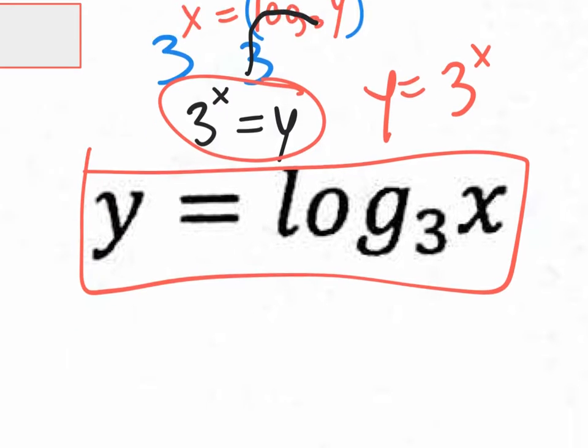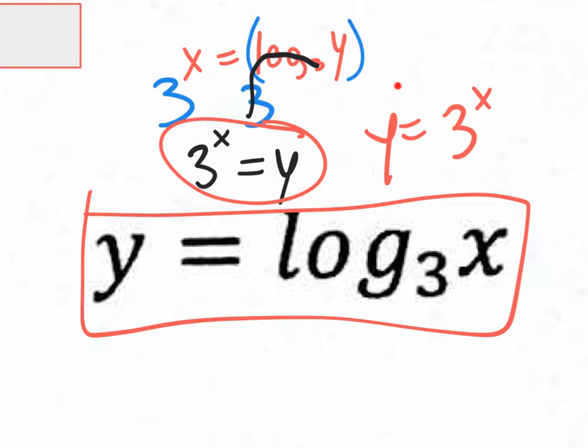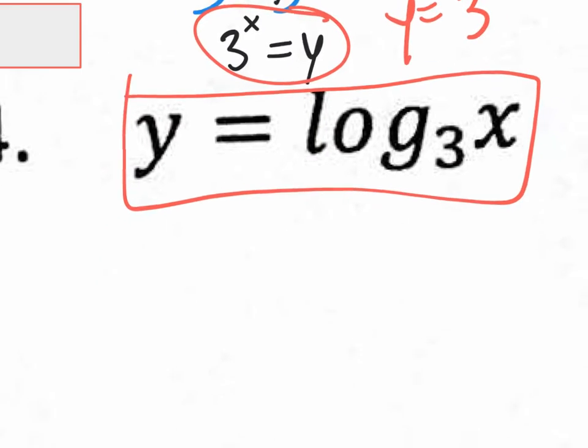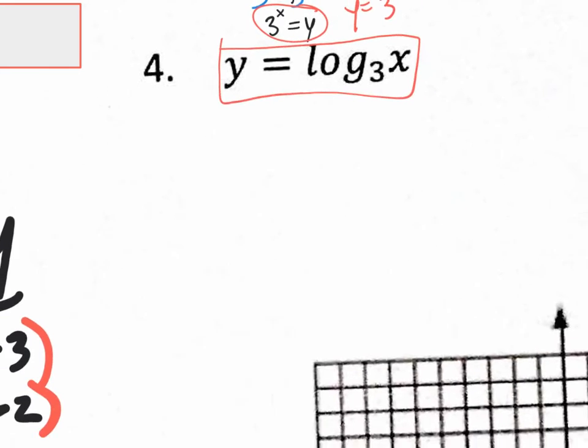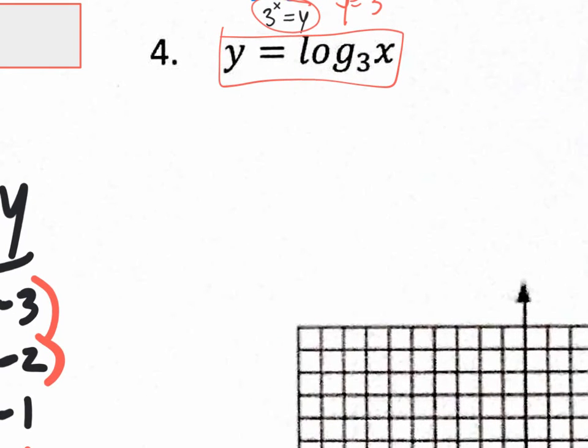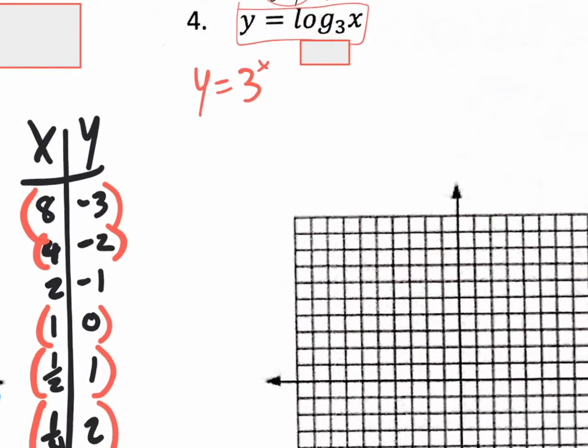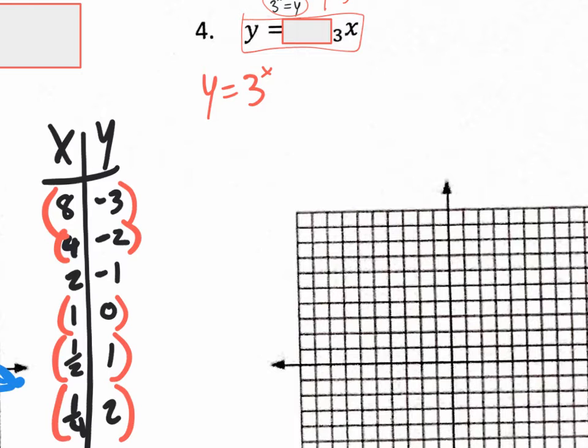So let's just ignore this stuff, right? They want us to graph this guy. Now, if I cover up this log and I actually find the coordinates to y equals 3 to the x, which is the inverse function of what we see here, right? If I actually find my coordinates to y equals 3 to the x,